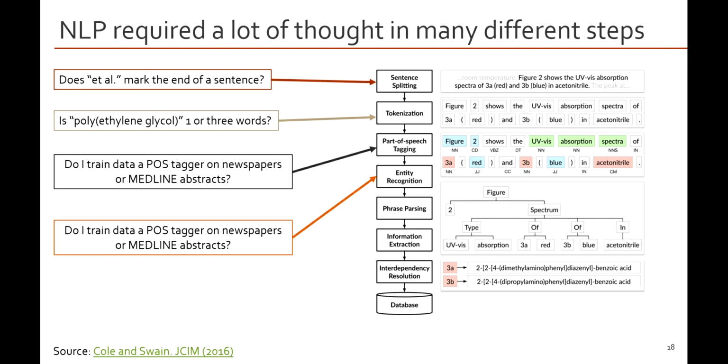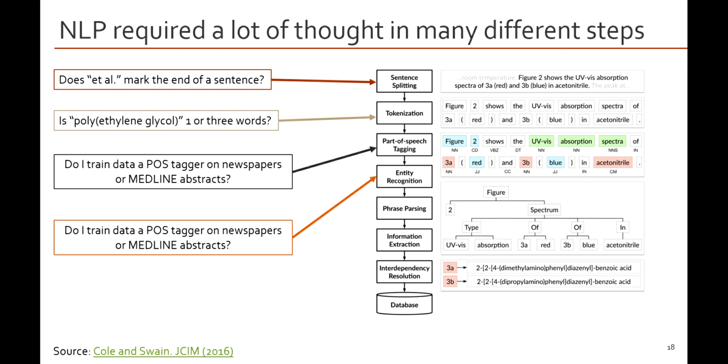Additionally, breaking a sentence into words is difficult. The term polyethylene glycol, even though it has a space inside of it, is only one word, not two, if you consider that parentheses often define breaks in words. Additionally, part of speech tagging is hard. The part of speech taggers that are available in tools like Spacy and NLTK are often trained on newspapers, where people went and annotated the part of speech for many news articles. There are also ones that are available on Medline